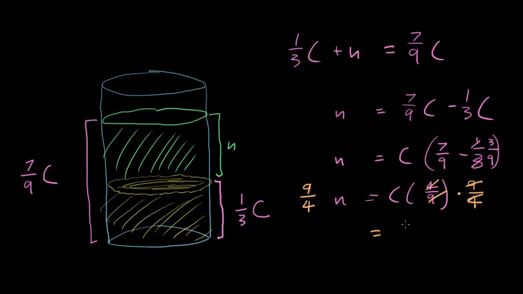So this side is now just C. And this side is just 9/4 n. So we know that C is 9/4 of n. And that is an answer choice. That is answer choice